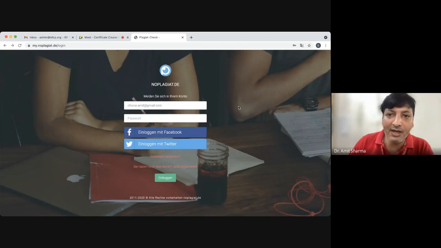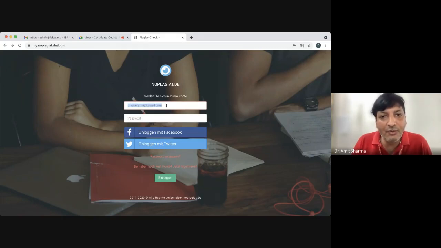It can be your ID card, or it can be the offer letter which you received while joining as a faculty member in the institute. What they do is refer to the institute website, where your name or your profile should be there, along with the email address which you have given. For example, I'm creating my account with this email address, choice.amit. The same email address should be mentioned on the institute website. If it is similar, they are going to approve your account as an educator.